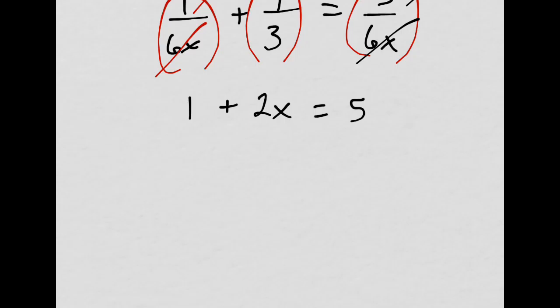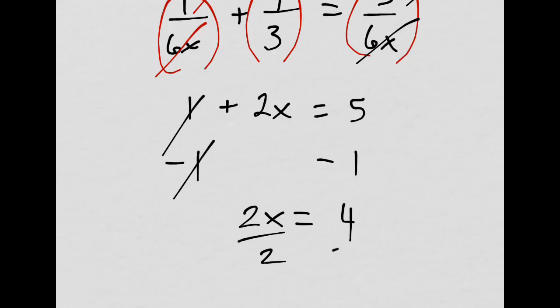You could do minus 5. You want to see subtracting? Okay. We'll subtract 1 from both sides. 2x equals 4 divided by 2. And then x equals